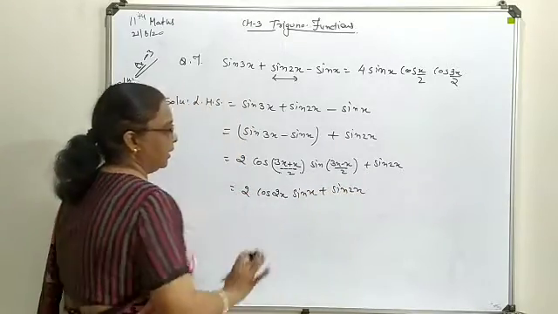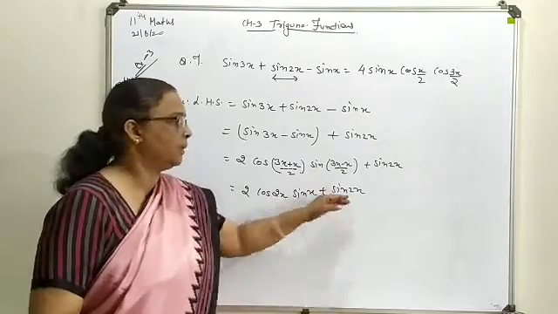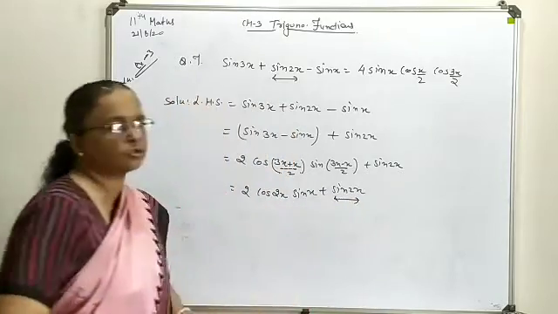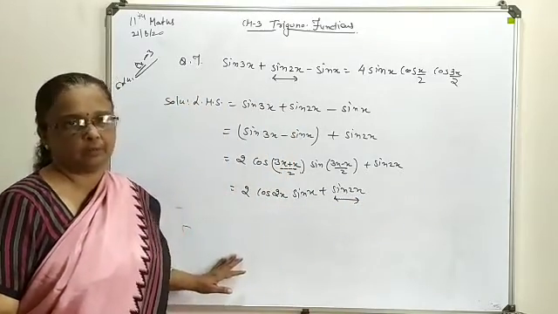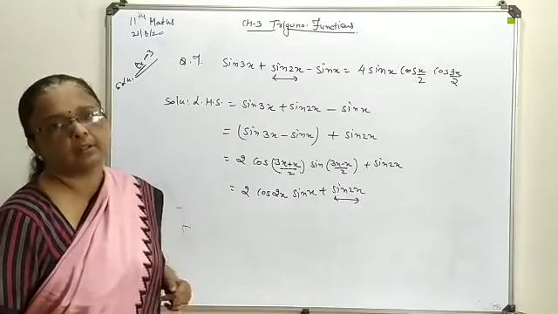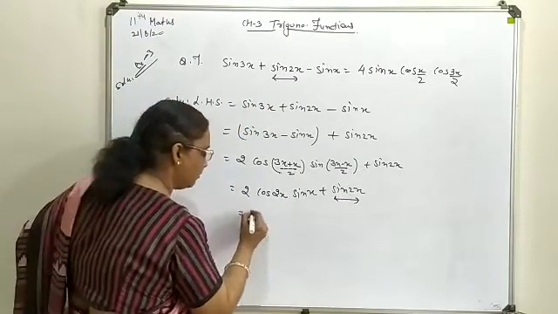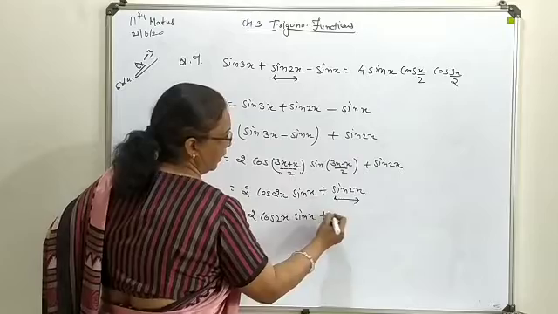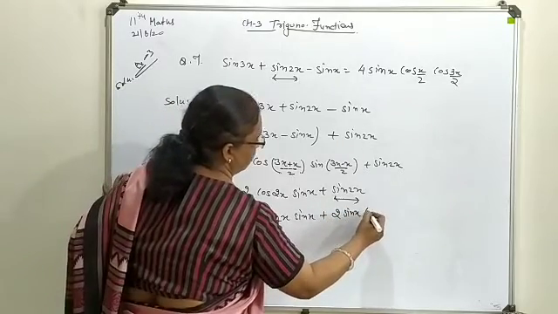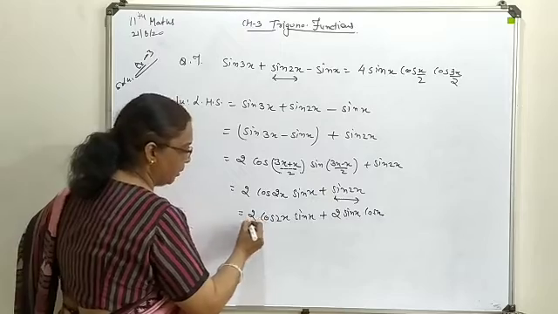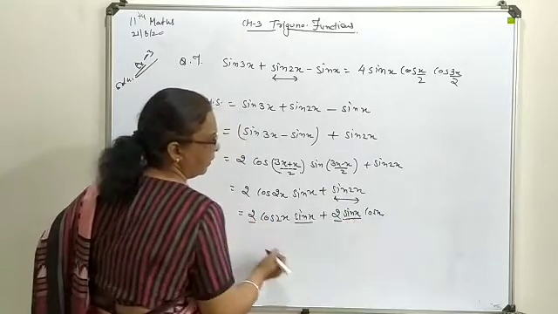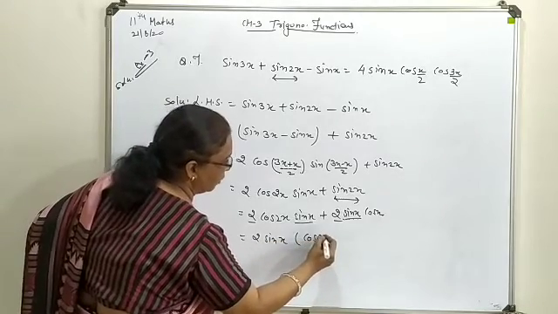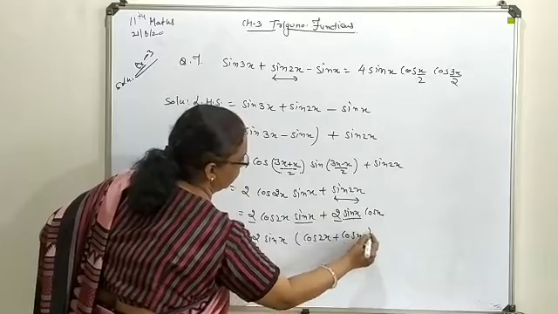Here you can see it is very clear that none of the terms is common between these two combinations. So here this sin 2x we are going to write as 2 sin x cos x, that form we are aware of. So you can see this sin x will come out as a common term. This will give you 2 cos 2x sin x as such, and here this is 2 sin x cos x. Now you see 2 sin x is common, so make it outside the bracket. Inside you have cos of 2x plus cos of x.